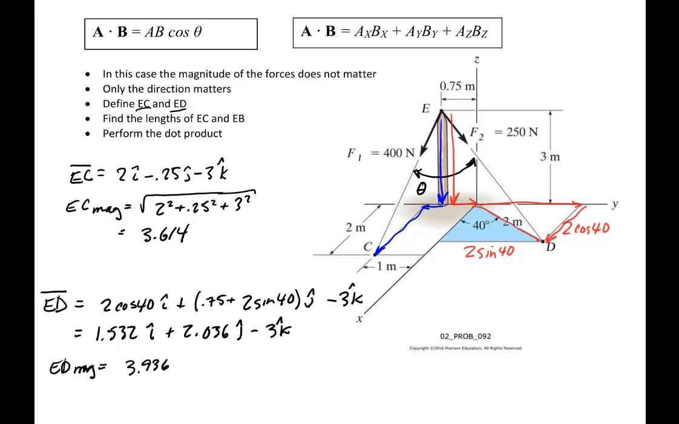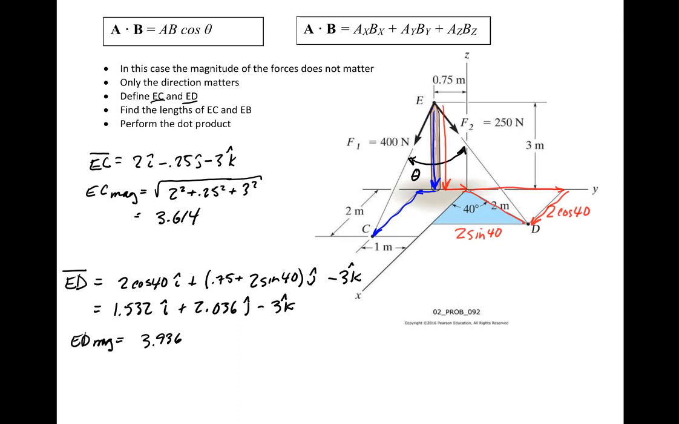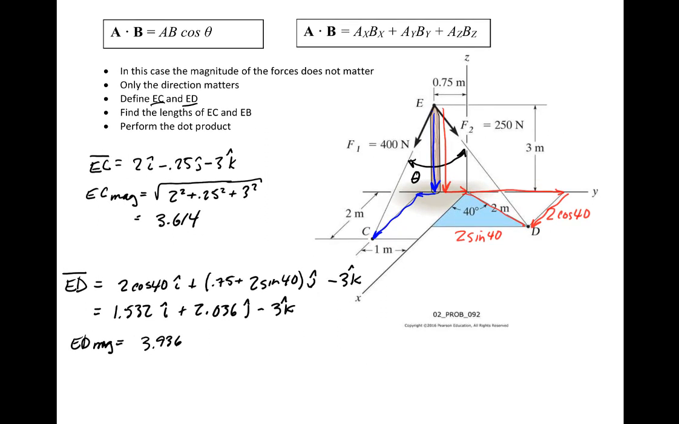Okay, now that we have the magnitudes and the vectors, all we have to do is perform the dot products. So I'm going to do both forms separately here. When you do it, you can do it in one equation if you wish, but I'm going to do it properly and do it with 2 equations and then set them equal to each other. So I'm going to say that EC dot ED